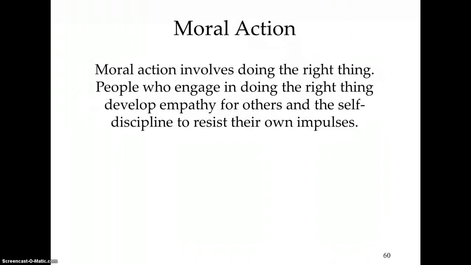And then we have this concept called moral action. Moral action involves doing the right thing. So people engaged in doing the right thing develop empathy for others and the self-discipline to resist their own impulses. Now, research in this area is asking the question, how is it that ordinary moral people could be corrupt and do horrible things? The perfect example would be the Nazi concentration camps during World War II. These concentration camp guards, these German soldiers, were, you could say many of them were ordinary moral people, yet they did